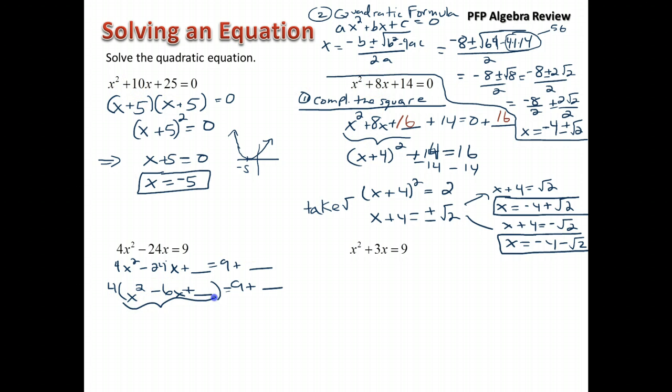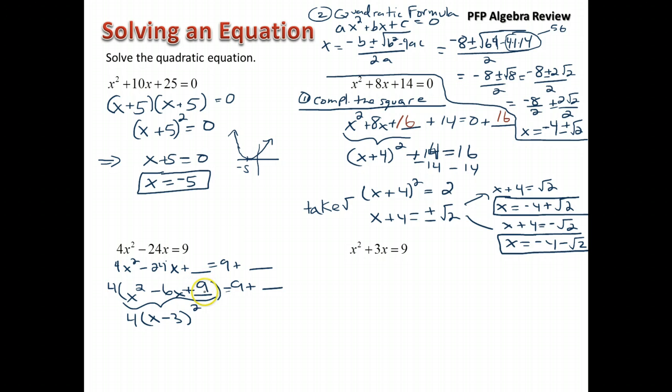And then negative 6 is going to play the role that the 8 played and that the 10 played. We're going to have this guy become a perfect square. And what's in there with the x is half of that coefficient. And you keep the sign. So we have x minus 3, quantity squared. Now when we get the blank space, we realize that we have to square the number that's in there with the x. The 4 becomes a 16, the 5 becomes a 25, so the 3 is going to become a